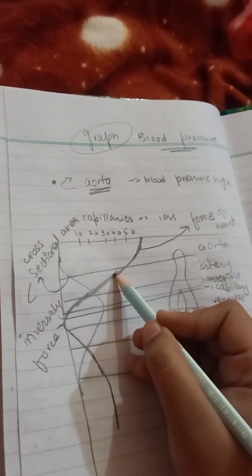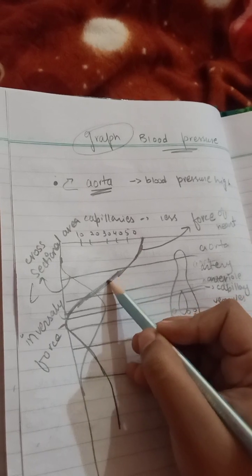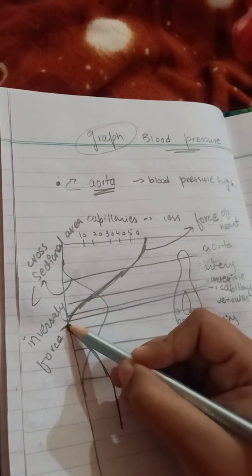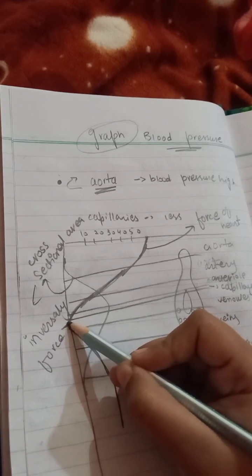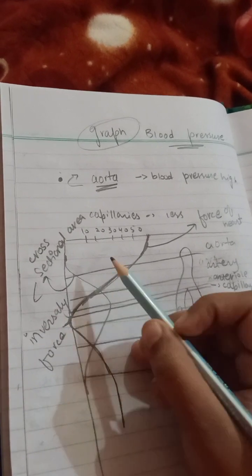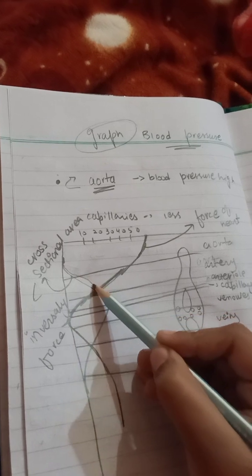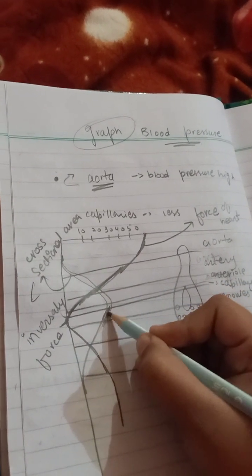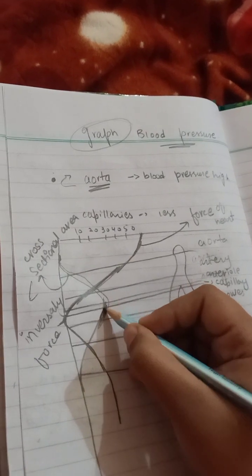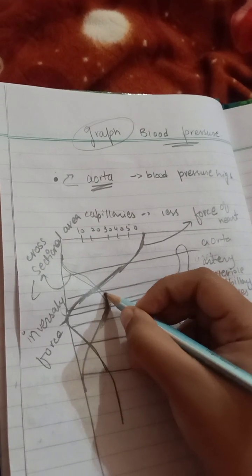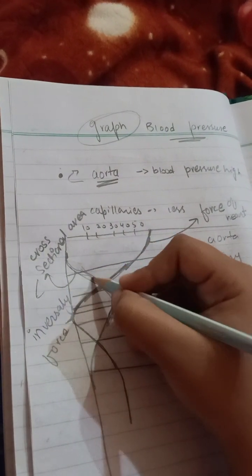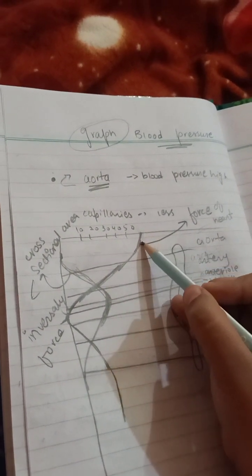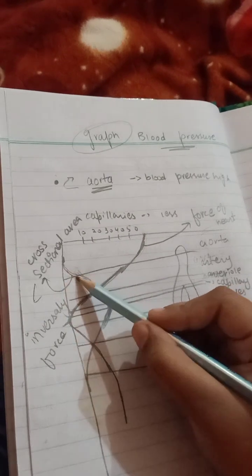Here the force of the heart is very less, and the cross sectional area is increased. So the cross sectional area is inversely proportional to the force: if the force is decreasing, the cross sectional area is